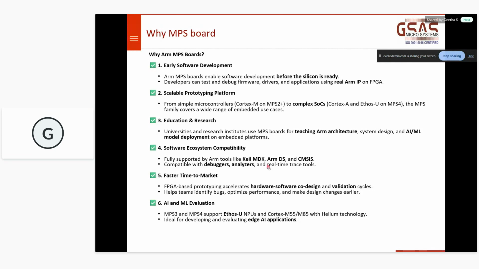So if you are planning to work on any AI application, or any IoT application where AI and machine learning is involved, you can select the Cortex-M55, because the required support for AI or ML is included in the Cortex-M55 or M85. Whereas MPS2 cannot be used for any AI application. It is just a normal prototyping board for testing your code on any Cortex-M based application.